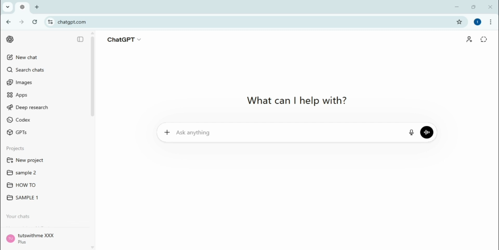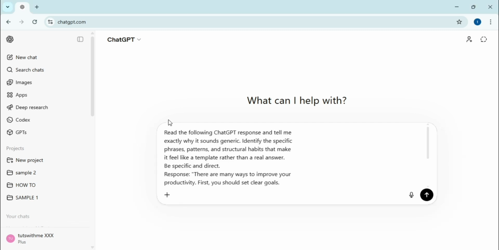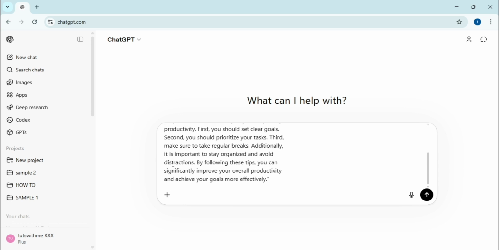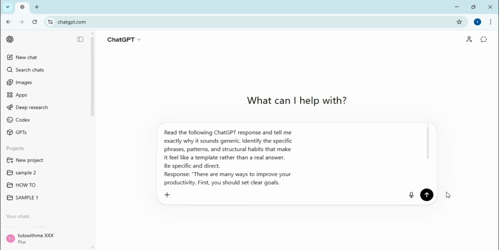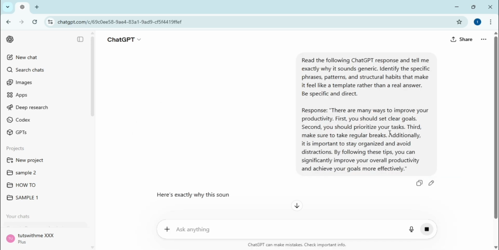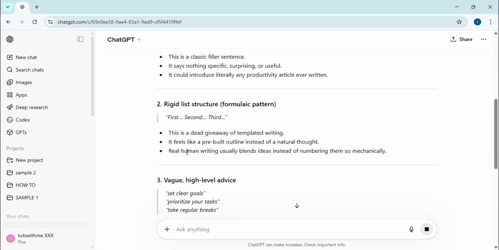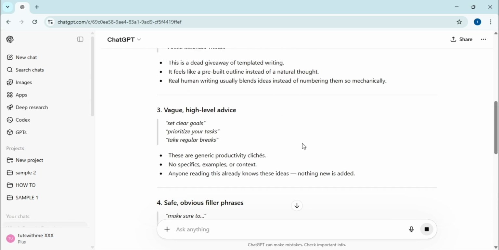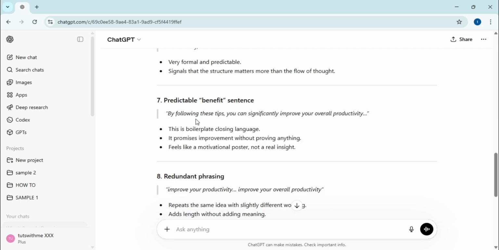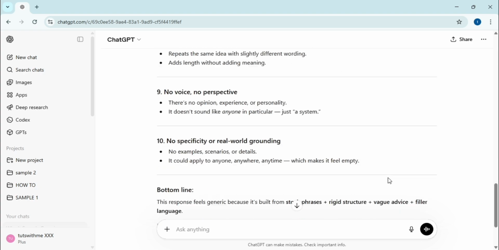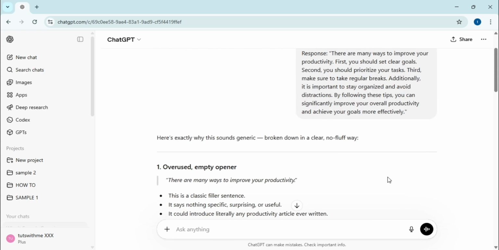I start by asking ChatGPT to analyze a standard productivity response to identify the specific patterns that make it feel robotic and generic. The AI points out several flaws, such as the use of empty openers and a rigid, formulaic structure that lacks a natural human voice. It explains that when advice is too high level and uses buzzword padding, it becomes interchangeable and loses its value